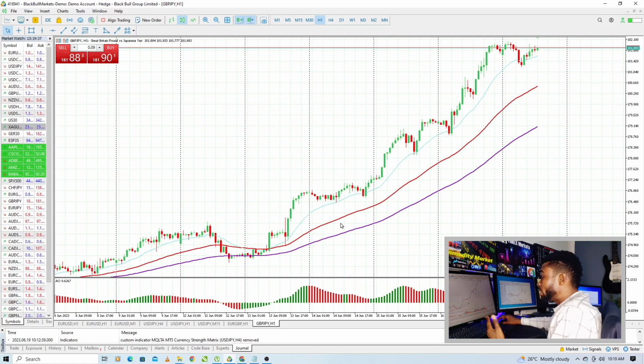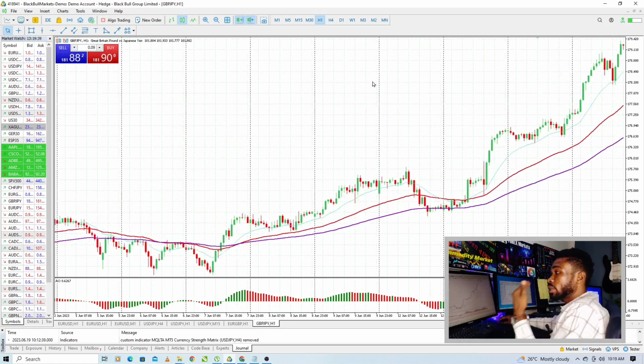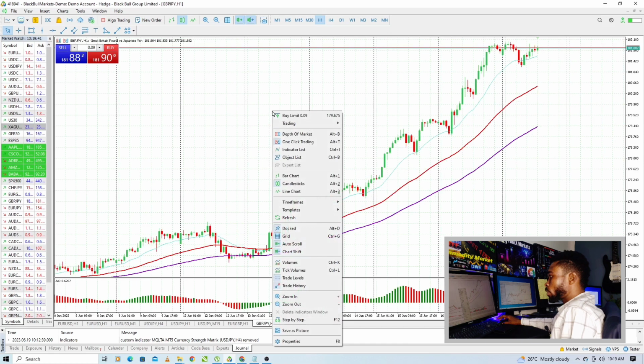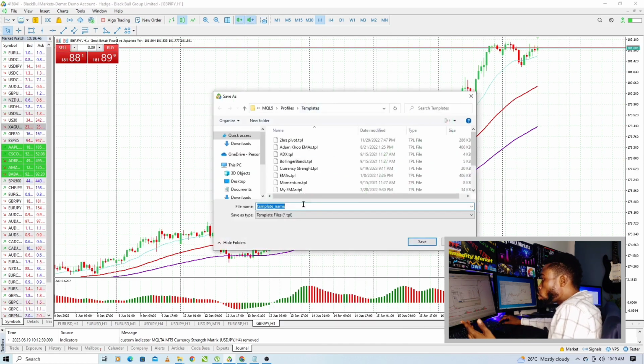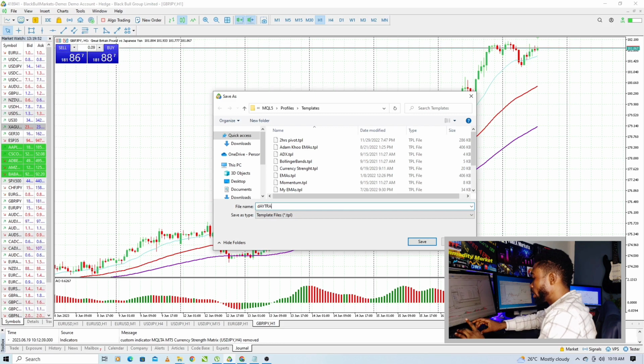Because of that, you save your templates so that your settings will always stay the same. So you right click again, you go to template, you go to save template. You can save the template in your own name. Let me give an example. Let me say day trade for living template. Okay, so I can say day trade template,